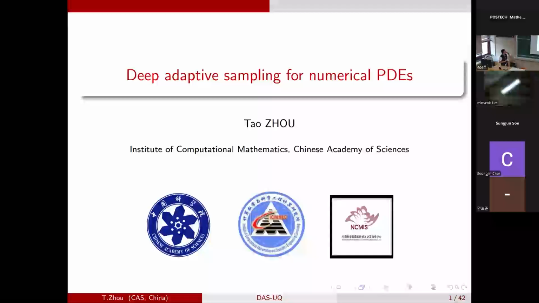And today I'm going to talk about something on numerical PDEs based on neural network functions, which is a very hot topic in recent years. I was majoring in uncertainty quantification and numerical PDE a few years ago, but recently I have to catch this topic because this is too hot in China. Otherwise you will not get money from the government. So today I will talk about something on this topic based on the research work of a couple of years.